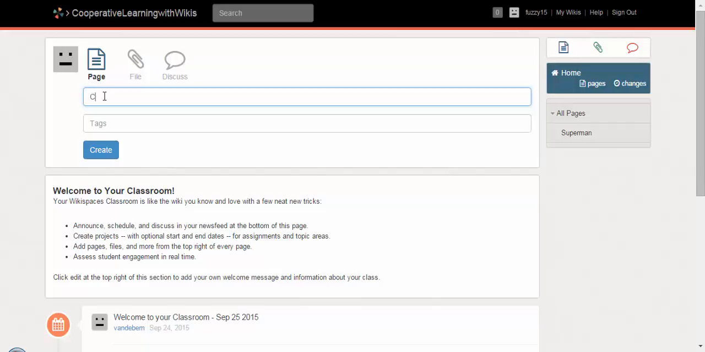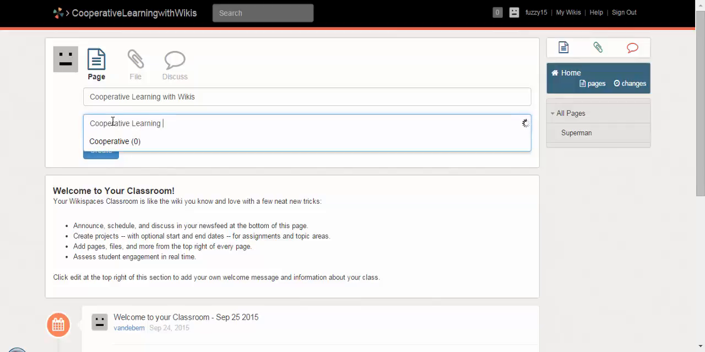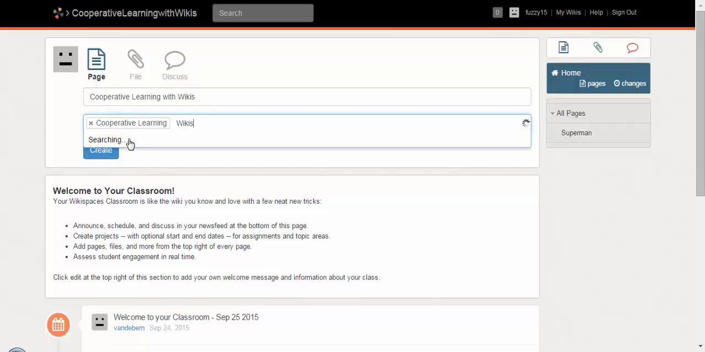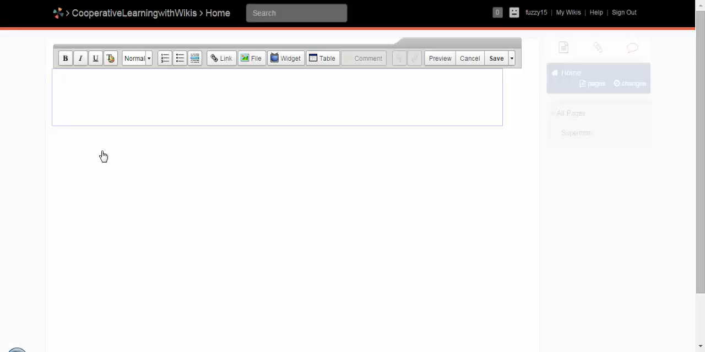The name of this page will be Cooperative Learning with Wikis. When creating a wiki, you want to make sure that you use tags so that others can find your wiki. And click Create. You have creative freedom to make your wiki fit your research. For the parameters of this assignment, just make sure that you are making this wiki look as much like a traditional wiki as possible. I am sure you guys have all seen a wiki before, but just in case you need a reminder,